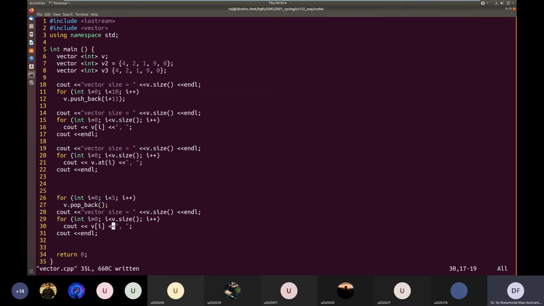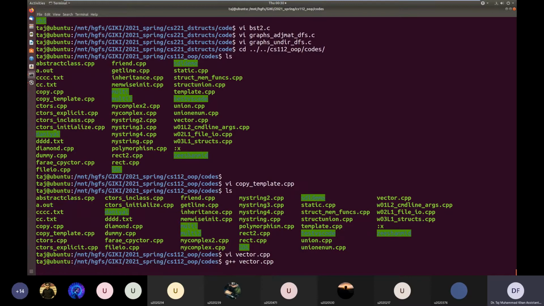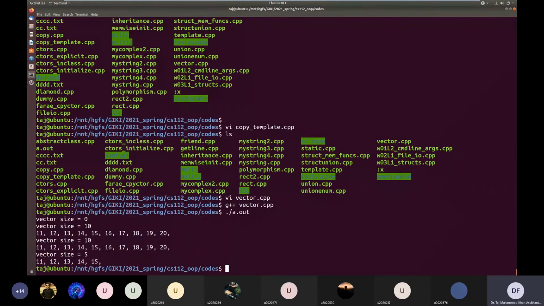So let me just compile and run it. In the start, the size of the vector is 0, and then it becomes 10 because we inserted 10 elements inside this vector v. We print this vector twice, once using the square brackets, and then the function at.